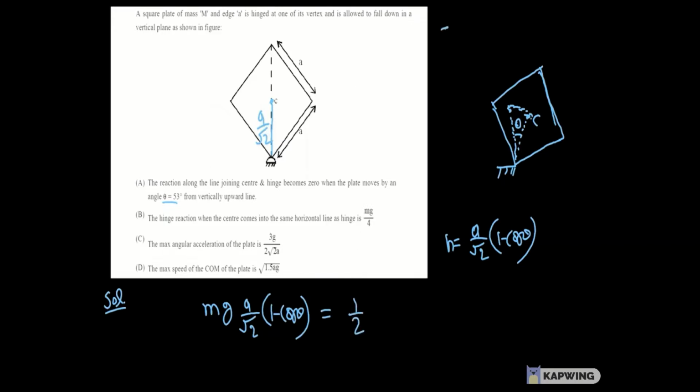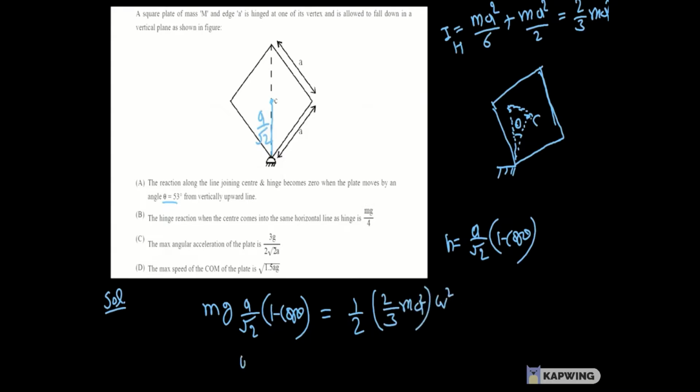and the moment of inertia about the hinge, from the parallel axis theorem, is ma square by 6 plus m into a square by 2, which will be 2 by 3 ma square. So using that value, 2 by 3 ma square into omega square, we will calculate the value of omega. From here we will get omega square as 3g upon a root 2 into 1 minus cos theta. Now we have calculated the angular velocity, so now we can calculate the reaction force along the line joining center and